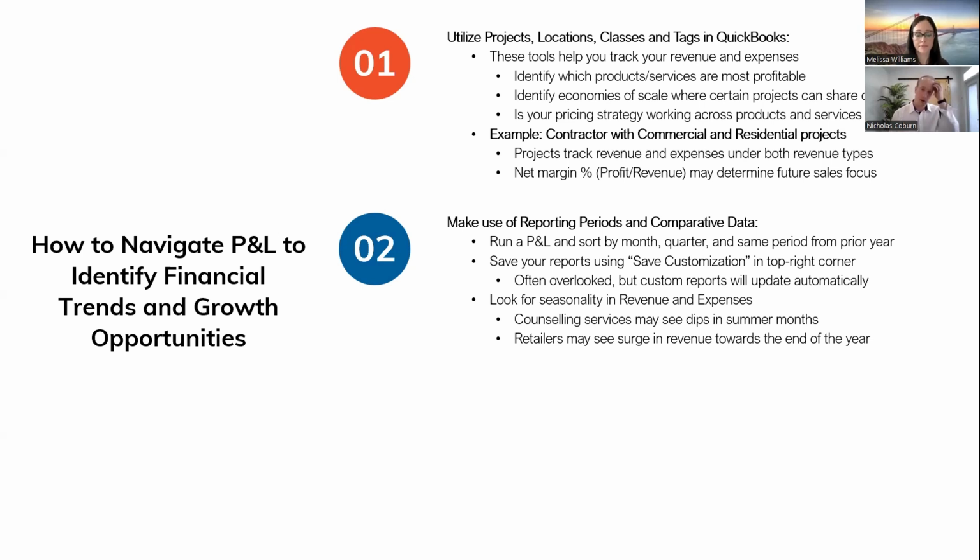So the example here is, if you had a youth counseling service, there's a good chance that your revenues are going to dip in the summertime when students are not in school and maybe you're taking a break. And so all of a sudden you're trying to think, okay, from a cash flow standpoint, if we just looked at totals, we'd have no idea that maybe the summer months is not when we want to make capital acquisitions or necessarily hire new staff, because that is our down season. So if you're just looking at year-end totals, or when you get your tax return, this is how we did, you're not really going to be able to make any good plans throughout the year or see the trend.